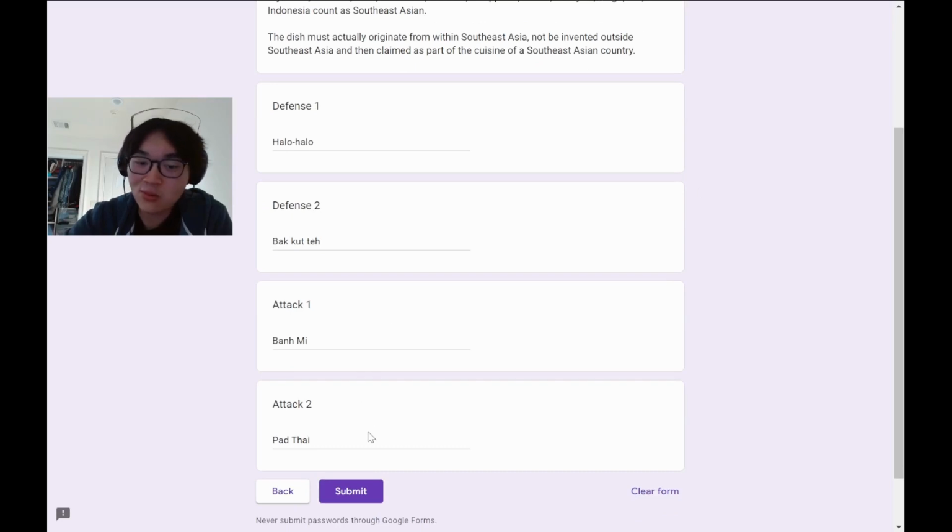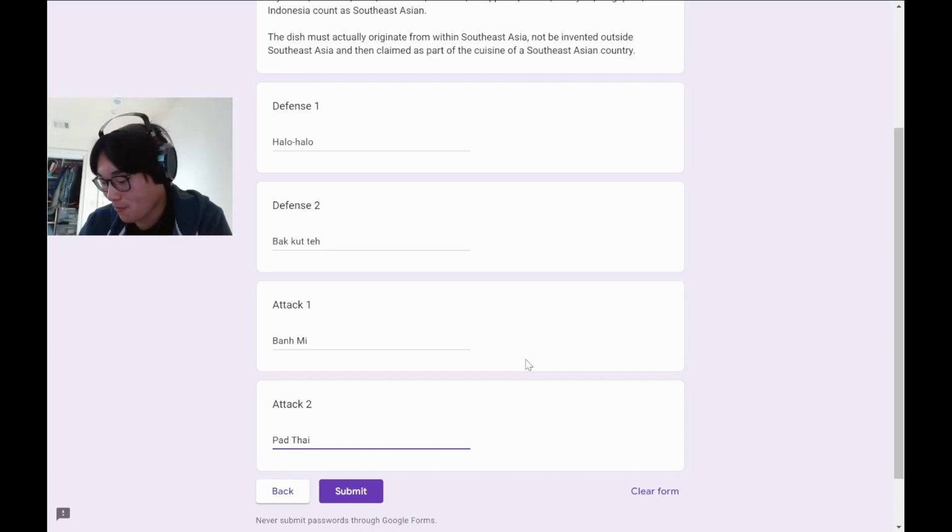Banh mi and pad... Ooh, wait, hang on. Do we do balut? I feel like balut is the kind of thing that people know about, but people think is pretty obscure, because it is. It's like the fertilized duck egg. Do we think people are going to go balut? I think someone is. I'm going to switch over to balut. And if pad thai was a better answer, so be it.